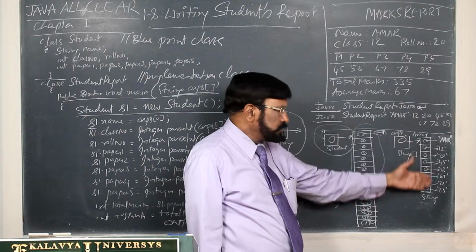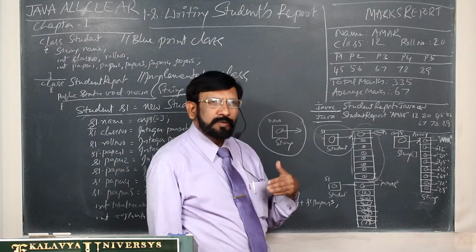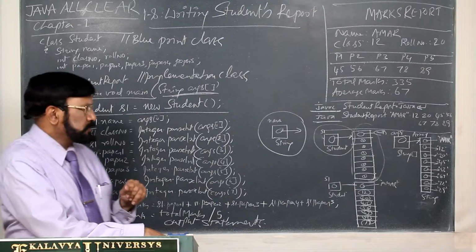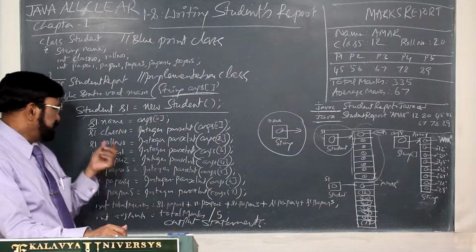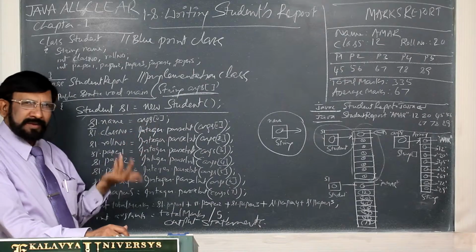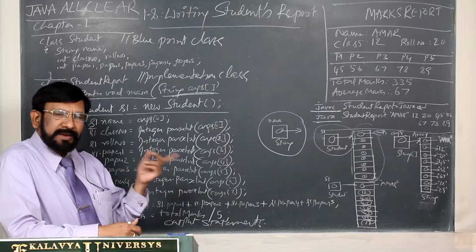Now how to use them? But all these are wrapped as strings. So we have to make parsing, we have to unwrap them in order to use them. That mechanism is, see, name is args0. Actually name is originally a string, so we need not make any parsing for that.